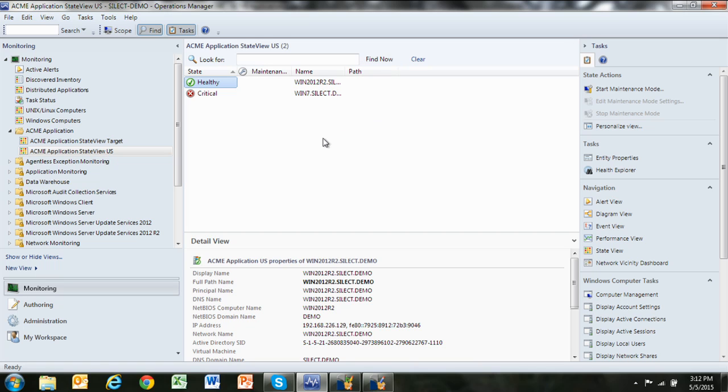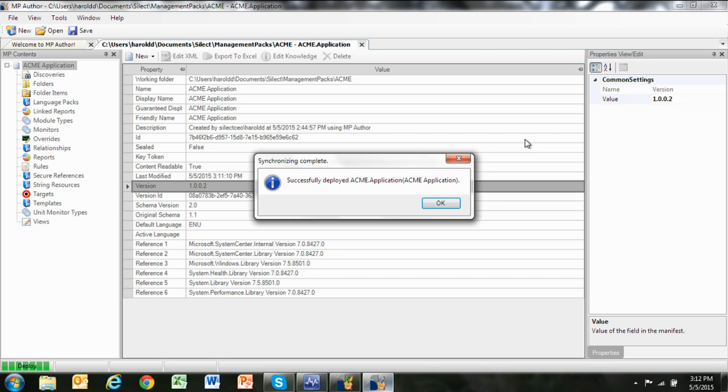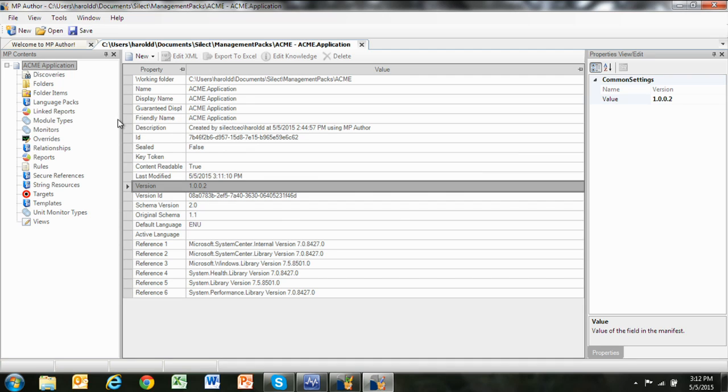Okay, so that's all working as planned, which is great. Let's go back into my MP Author environment. There's a lot of things that I haven't shown you. We've flipped through two different scenarios showing you a bunch of different authoring things. There's a number of other features and capabilities within MP Author that I'll just walk you through at this time. Again, the left click is very, very important to surface up the options that are available